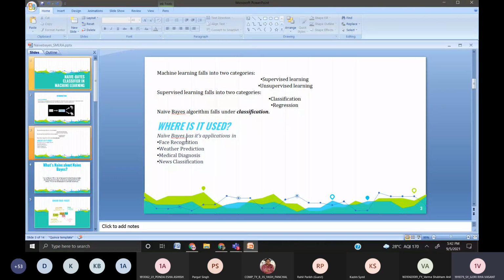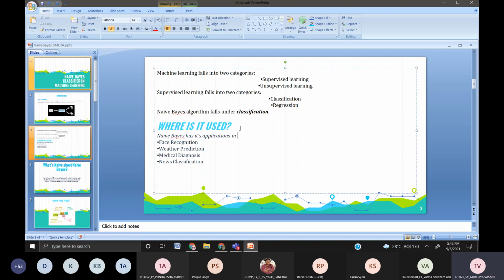So where is it used? Naive Bayes has its applications, the first one being face recognition. It's basically used to identify facial features like eyes, nose, mouth, and it has a very good application here. It can also be used to predict weather, where the answer will be whether the weather will